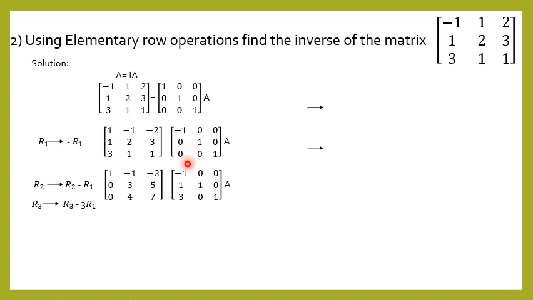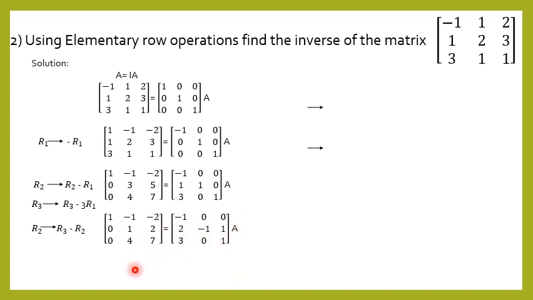This matrix is changing. Now the next step is to convert the second element in the second row to 1. Here we apply this transformation, and using that we convert the matrix like this. Same operation we apply here. Then next we need to convert the other elements present in that column to 0. Here minus 1 and 4. We need to convert them to 0 using this.